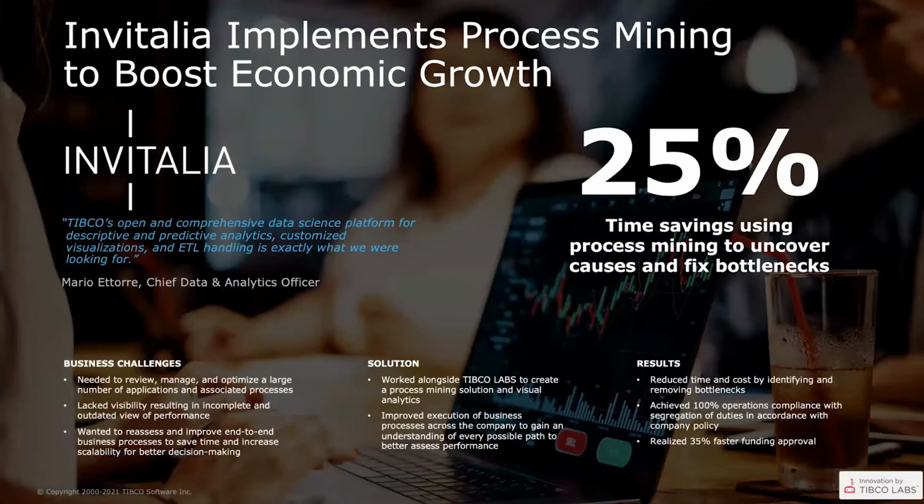So one of the customers that we worked with is Invitalia. They finance the economic development of Italy. One of the things they are currently working on at the moment is a special program to incentivize businesses to return to the south of Italy. And for them, optimizing the process is very important, because if they can shorten the time to process those kinds of financing requests, then they can finance more, and this could also benefit the Italian economy in